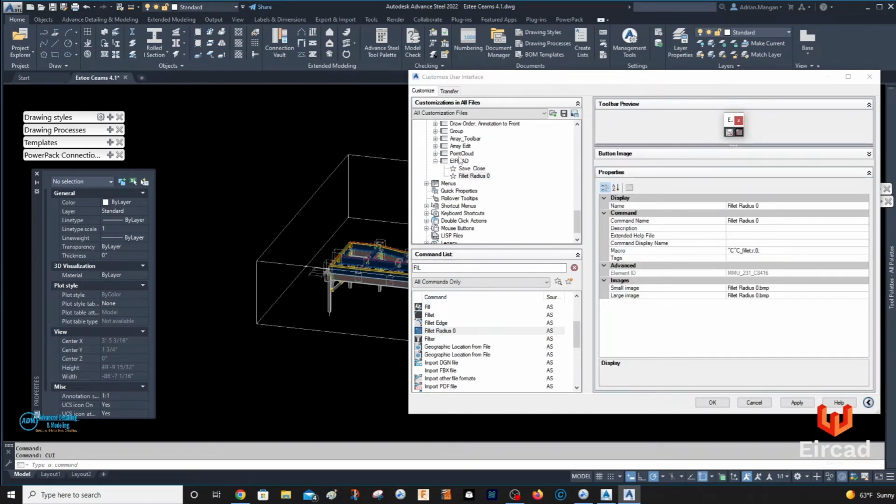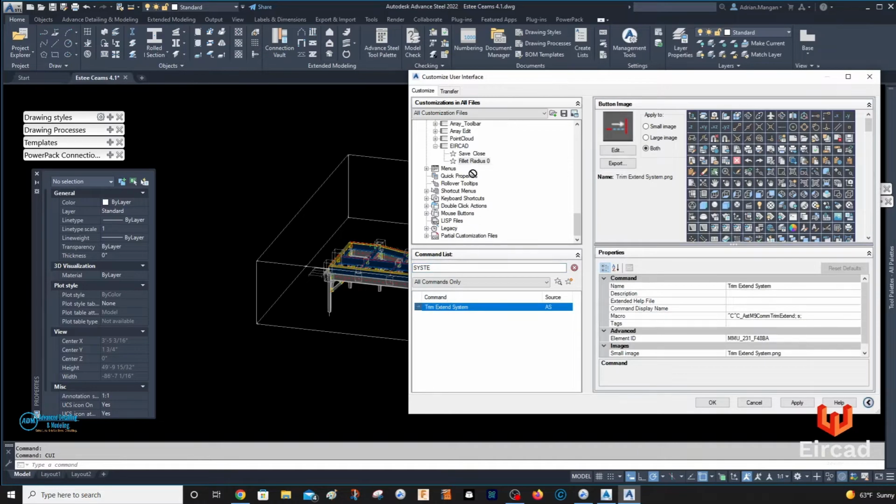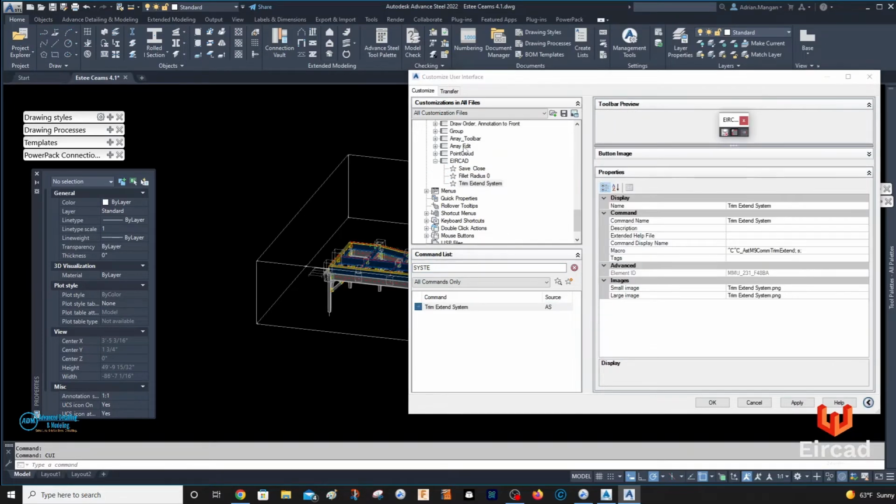We can also put in subsections here, but I won't worry about that for now. And trim extend system, my other favorite one. So that's those three. Now we can go to stuff that you have to right click for.